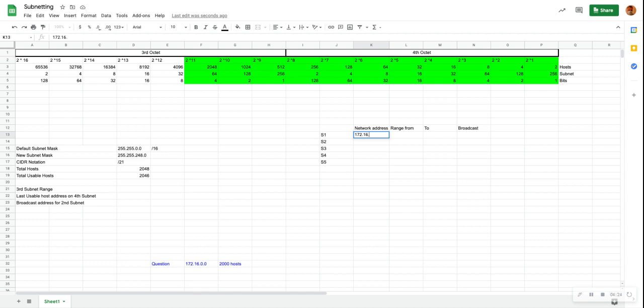The first one has been given to us, which is 172.16.0.0, and we're going up in blocks of 8. So that's where this portion comes in on the network side. So our next network address will be 172.16.8.0, and then 172.16.16.0,